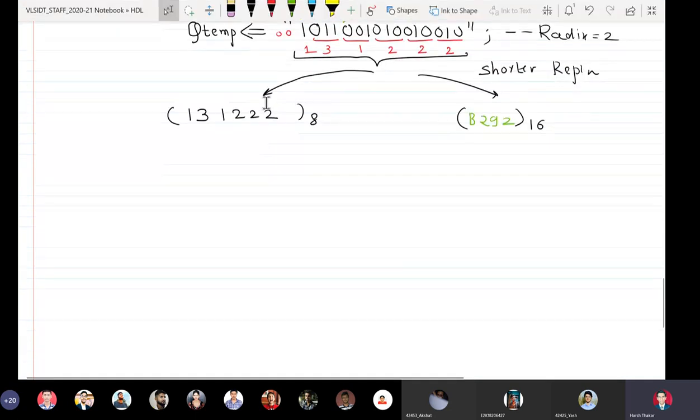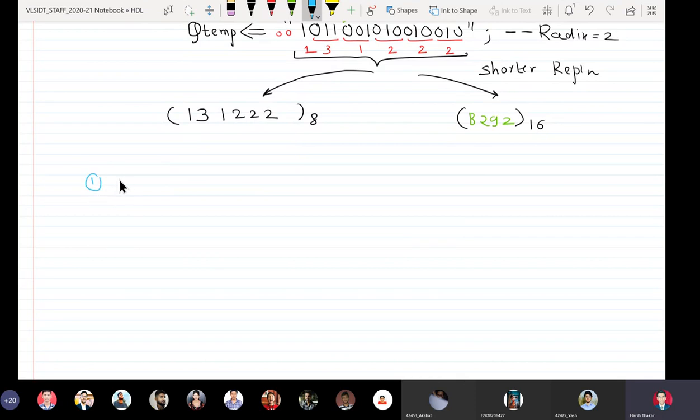Okay. So X is used for indicating the hexadecimal number system.